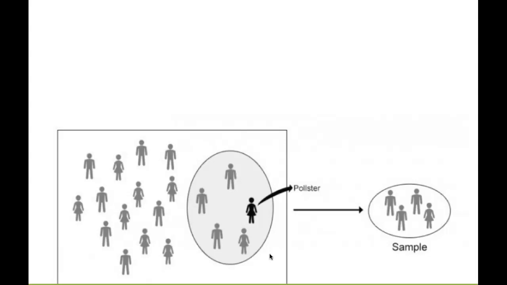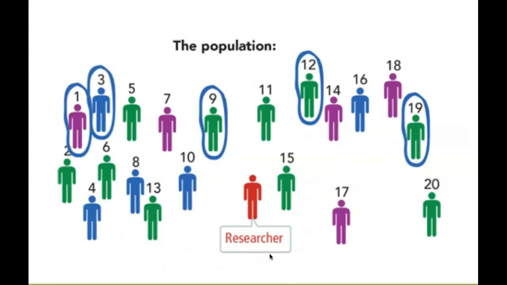Naomi? You think it's simple random? Megan? Yeah, it could be, but just based on the visual, here's the pollster being lazy, and just taking the ones near them. This is illustrating convenience. Naomi? There we go. This one looks a little bit more random, right? The pollster just seems to be selecting random people from the population.